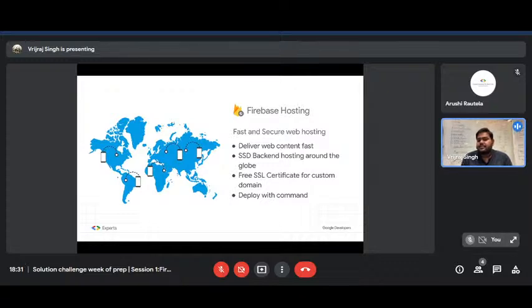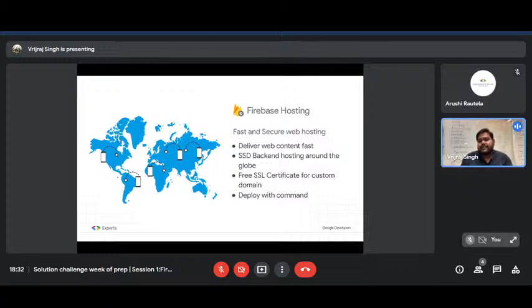So you can use a service like Firebase Hosting, where you can just deploy your website, and you will get the hosted URL with simple commands. Like first we need to run firebase init, and then you can build your application, and then you can deploy your application. And it's a free service. Once you deploy your application, you will get a free SSL certificate, and it will automatically manage the versions inside Cloud Host of Firebase Hosting.